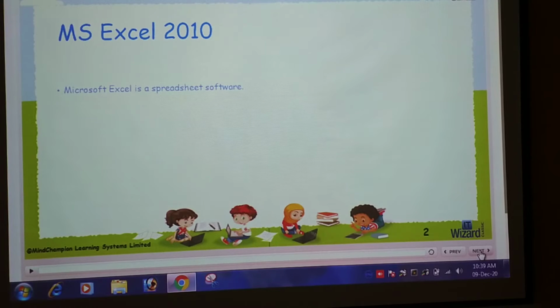Microsoft Excel has built-in features and tools like formula, functions, and data analysis. Many features are in Microsoft Excel. So now let's see one by one.